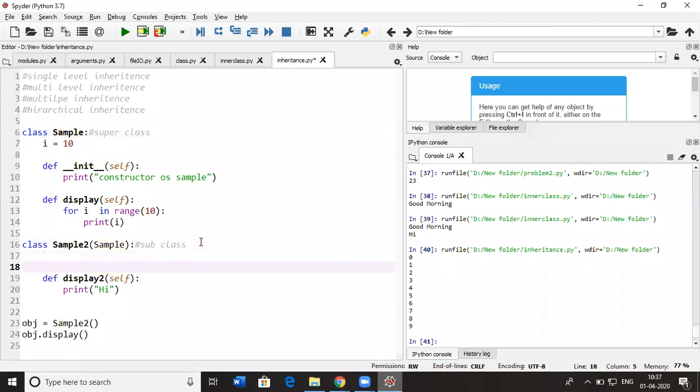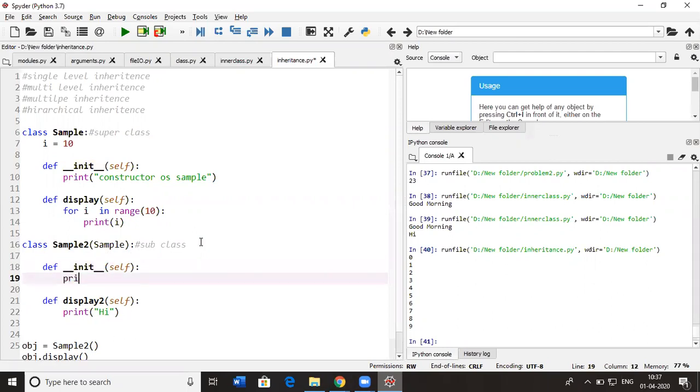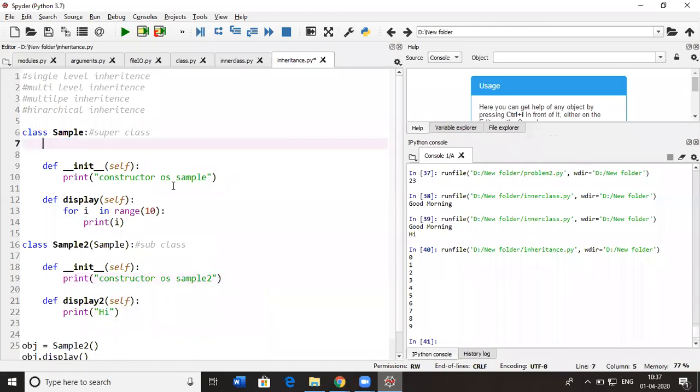Now I am going to create the constructor for sample2. If I put this variable inside this constructor,